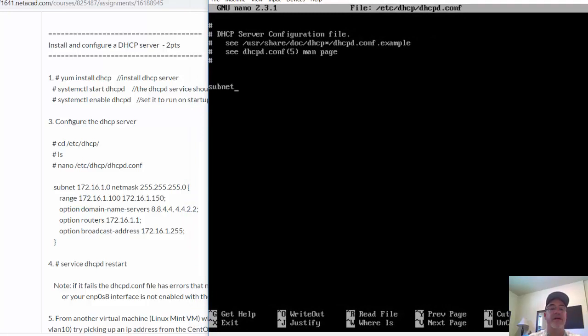this right here. Subnet is the 172.16.1.0 subnet with net mask of 255.255.255.0, and then an open curly brace. I'm going to close that curly brace down here, and then tab range 172.16.1.100. That'll be our starting address, space 172.16.1.150. So we'll hand out 50 addresses, semicolon,